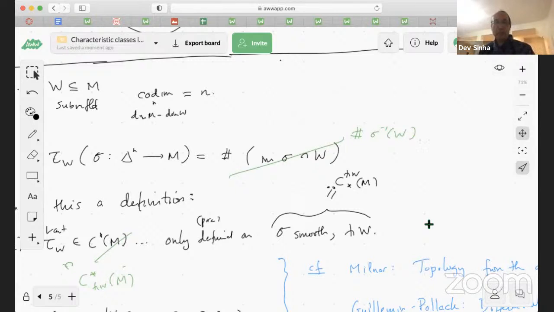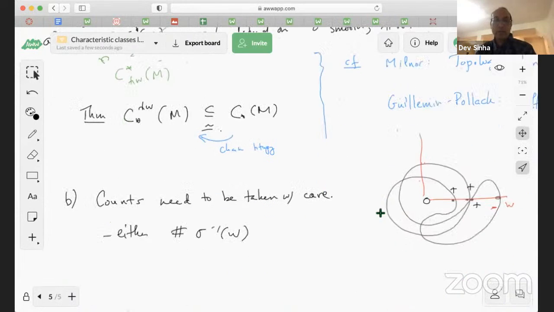This will be essential. In a moment, we're going to think of this as just the preimage of W under the map sigma. So the count is now happening in the simplex. And what that allows us to do is either count that mod 2,